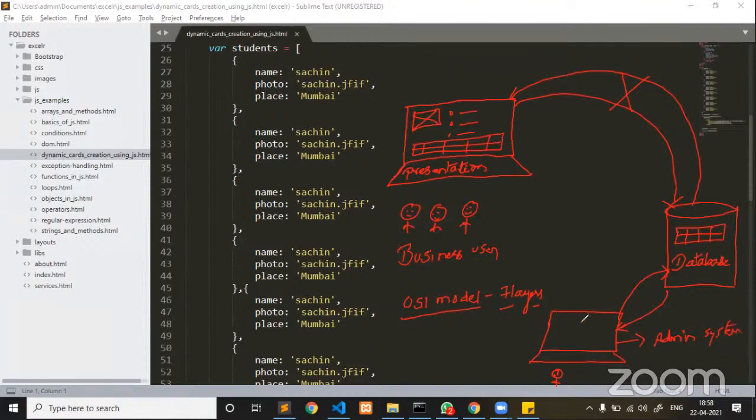For the admin system, you don't need to think more about design. You need not worry too much about decoration and styling. Why? Because the admin system is going to be accessed by company developers or company employees, and you don't need to put much effort into decorating it. Since our employees are using it, even a normal design is fine.